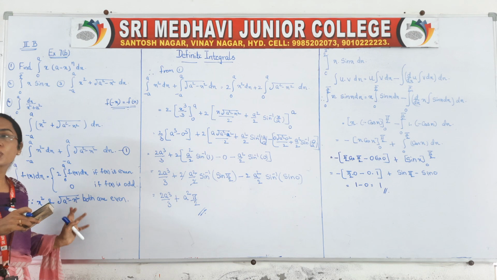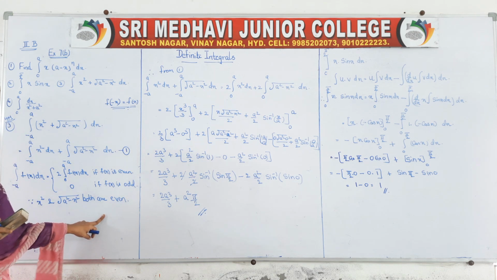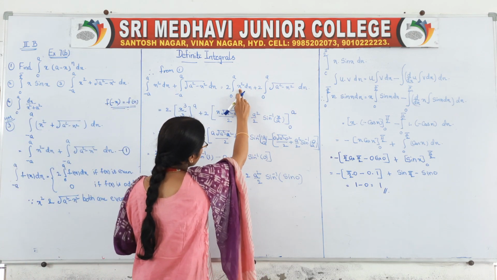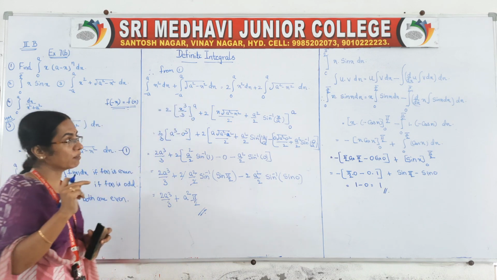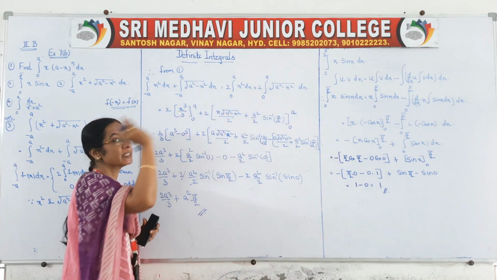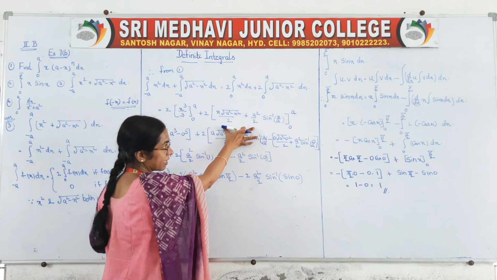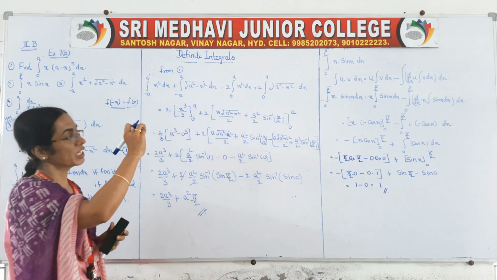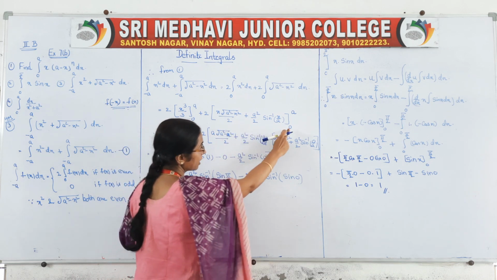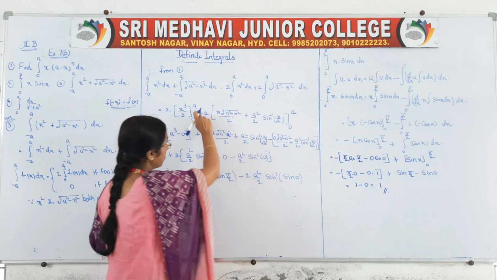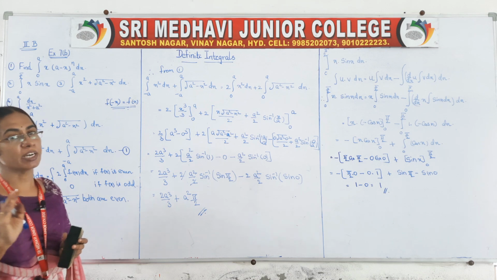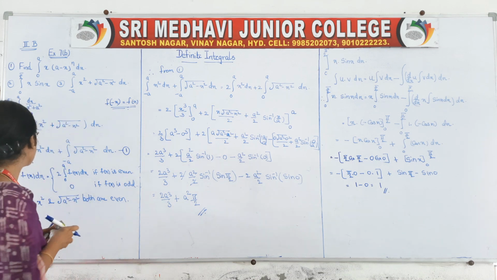In this problem, your two functions are even functions, so that is why 2 times of those functions. Then the normal formula, integral x to the power of n formula is taken, and integral root of a square minus x square formula is taken. So its formula is this one. Many times we used integral root of a square minus x square is equal to this one. After writing that, on the right side we have to write the limits. Next, in x place, first you substitute upper limit minus lower limit. So that is your third question.